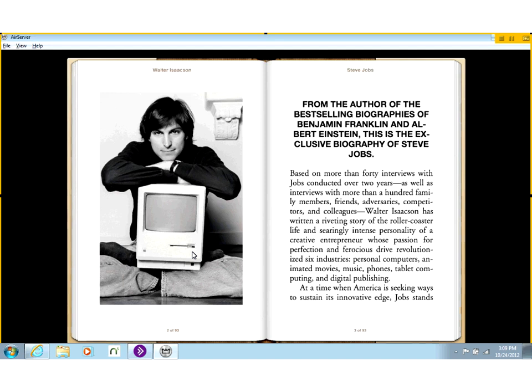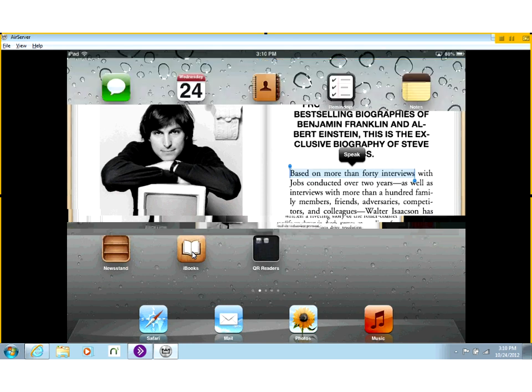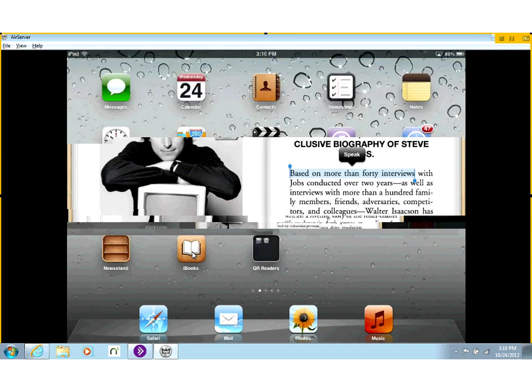And once I select that text and hit Speak, based on more than 40 interviews, you can see it reads it out loud, but it does not highlight as it goes through. And I've tested this in a few iBooks, and it does not seem to highlight within iBooks. It will read it back, but a lot of students need that highlighting component as well, and we're not seeing